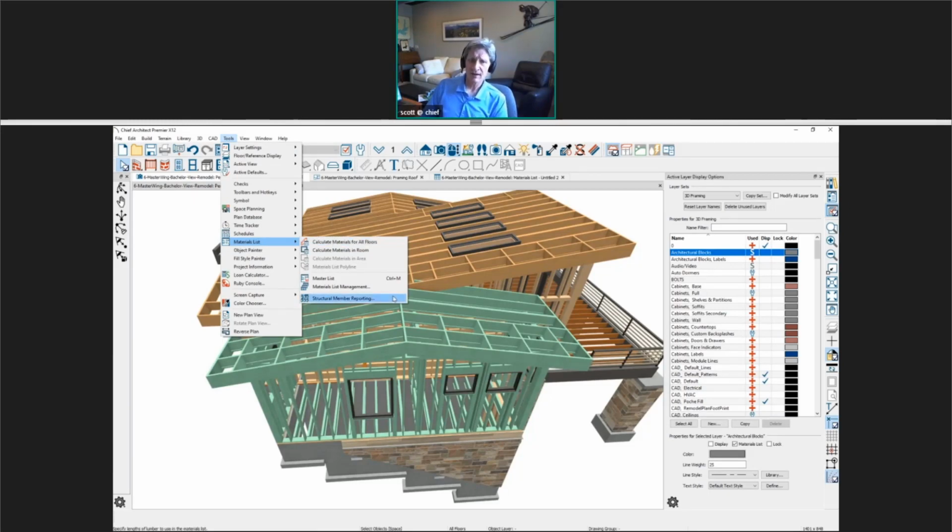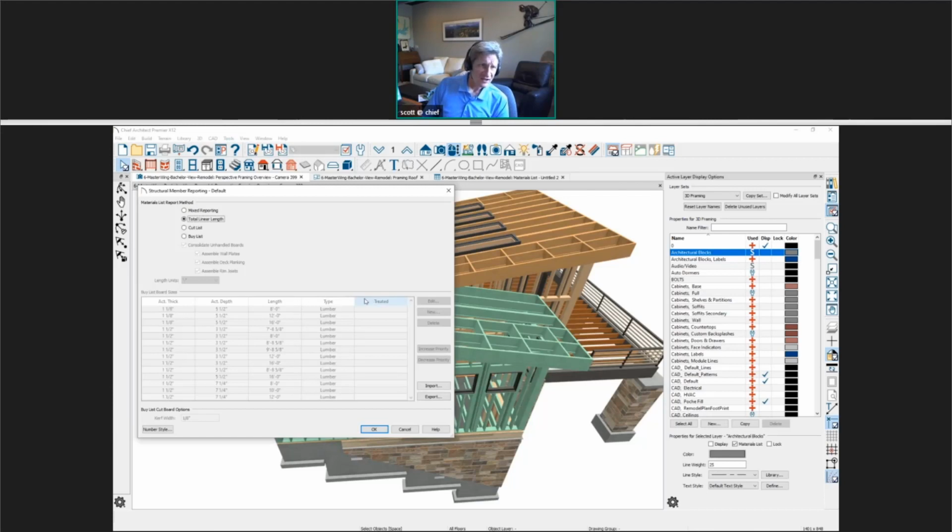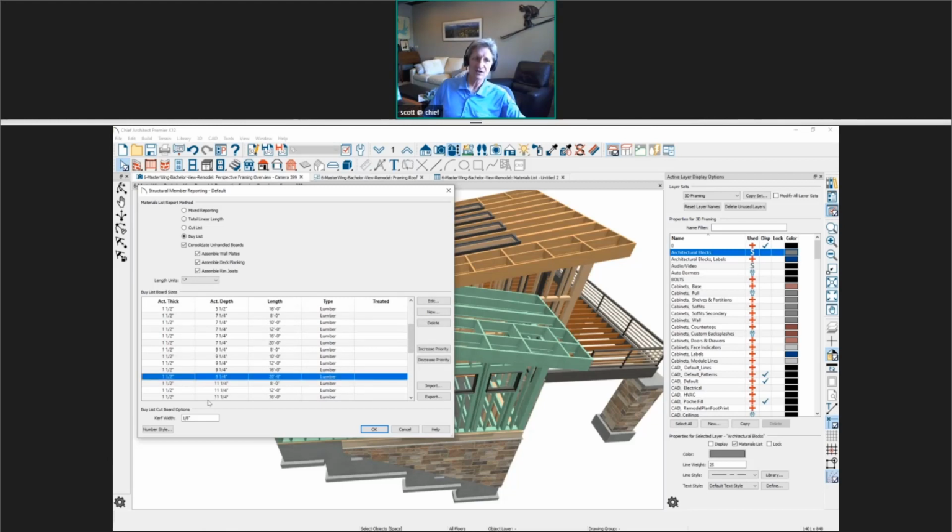When you look at your structural member reporting, and I switch this maybe to a buy list, by the way, I think the recommendation, if you're going to use this buy list option, is to consolidate the unhandled boards and then combine wall plates, deck planking, and rim joists. So what you can do down here is be very specific and add anything you want in here. So this is using imperial, and if you wanted to use the metric, you could go in there,